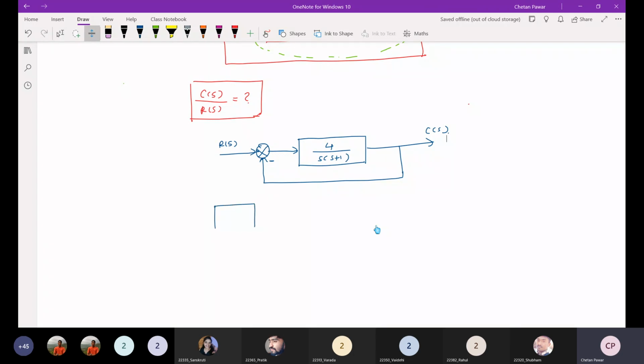So there is a forward path gain G and there is an error detector. So that is giving problem today. I don't know what happened. Okay, so